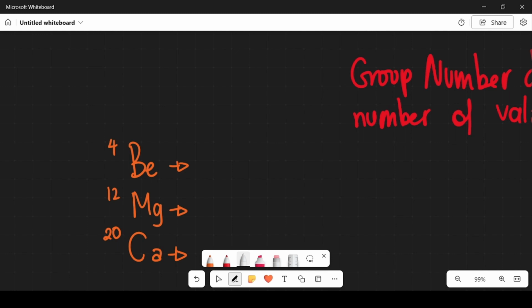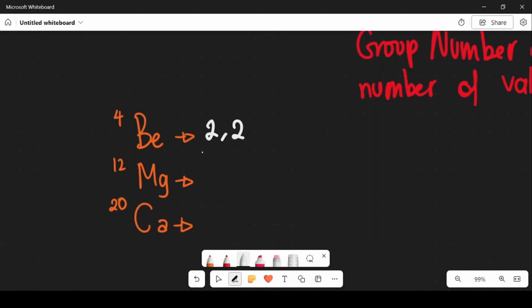So, beryllium. Remember, first shell should only contain 2. Second shell can only contain up to 8 electrons, but beryllium only has 2 left, so that's basically 2, 2. Perfect. Now